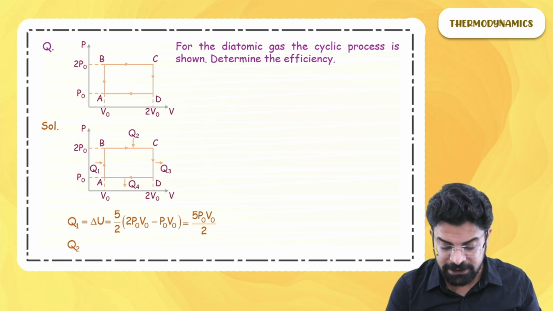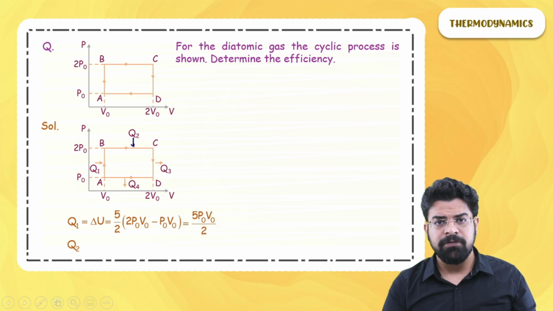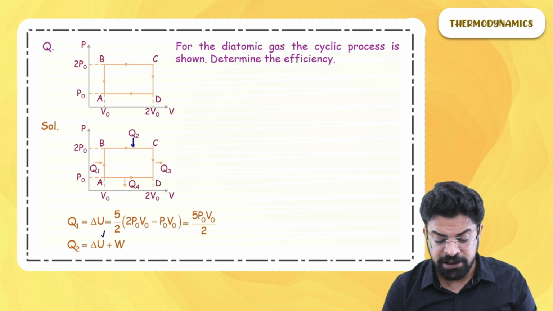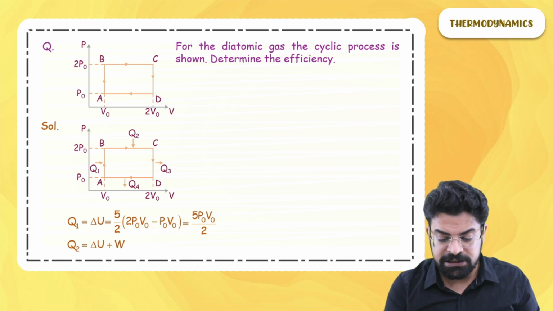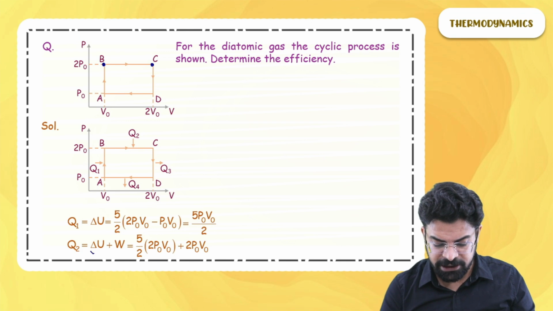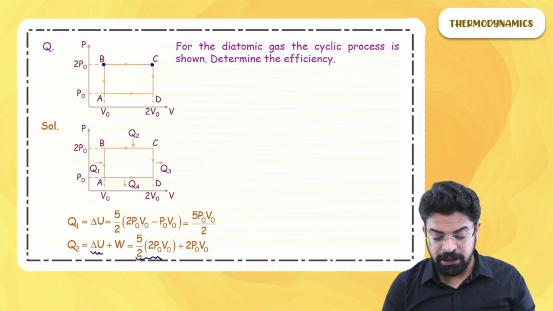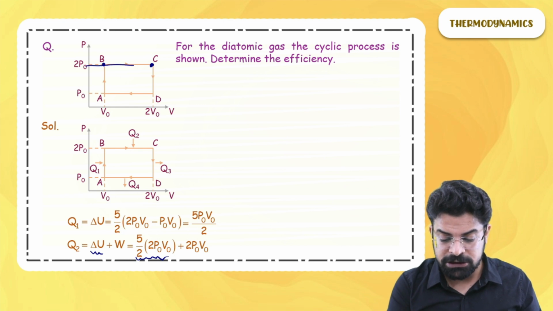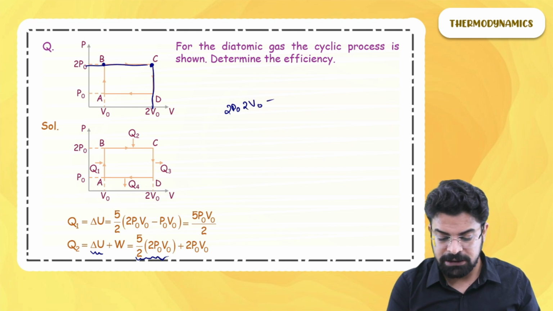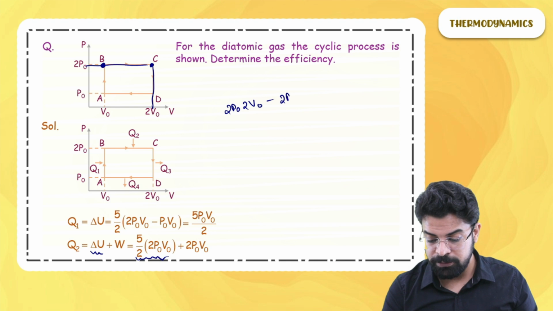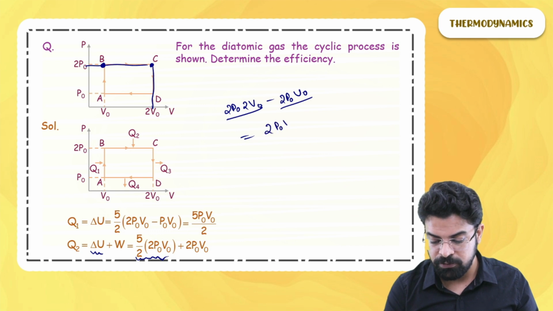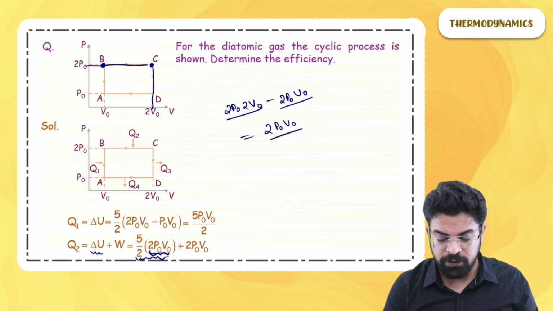Now what will be the heat given in the second part? In the second part, we have a process which is isobaric expansion. The heat given will be equal to change in internal energy plus work done. How to write change in internal energy from B to C? Sir, very simple, f by 2 delta PV. At C, the pressure is 2 P naught, volume 2 V naught. So P final V final is 2 P naught into 2 V naught, minus at B, pressure is 2 P naught, volume is V naught. So delta PV equals 4 P naught V naught minus 2 P naught V naught. That comes out to be 2 P naught V naught. And that is written here, f by 2 into delta PV.